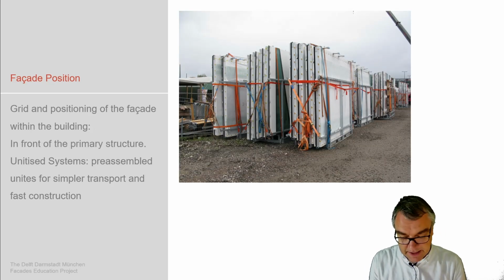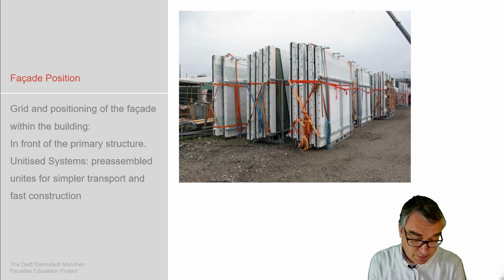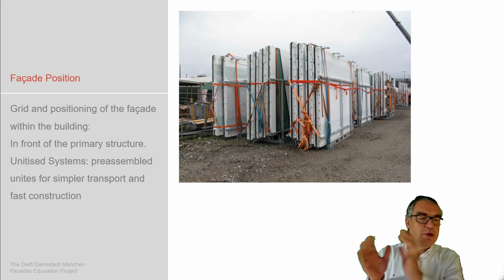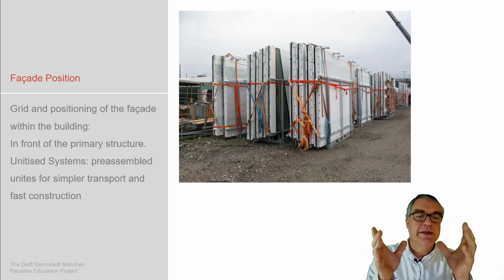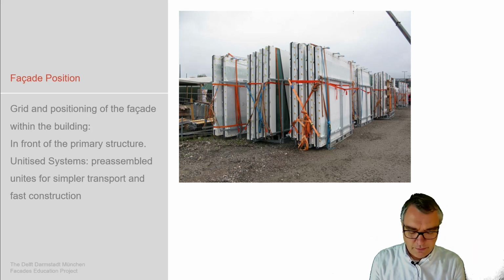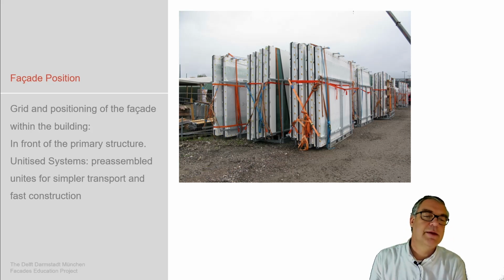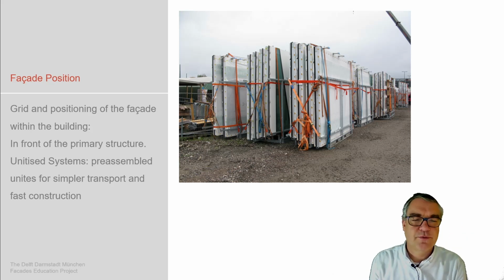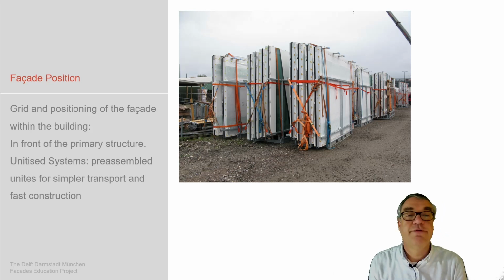Then this unitized facade is brought on site, and transport is one of the key aspects of unitized facade. It's done prefab, then transported, and obviously the possible dimension of transport is one of the key aspects. So they have to fit into these racks, they have to fit on a truck, and then be transported through the country to the construction site. So the dimension possible to be transported defines the size of the unit.